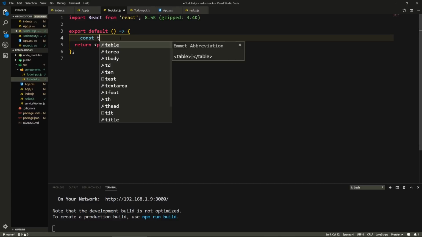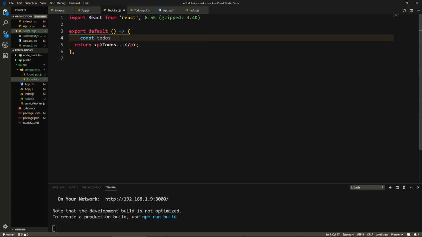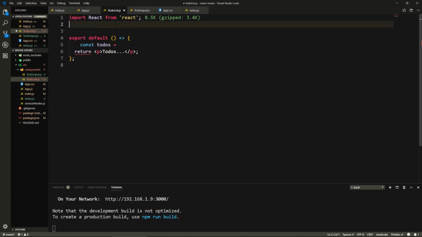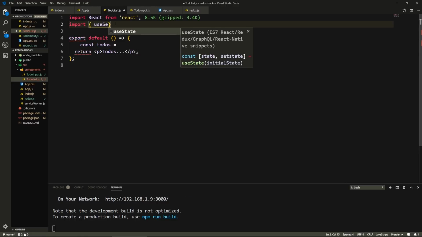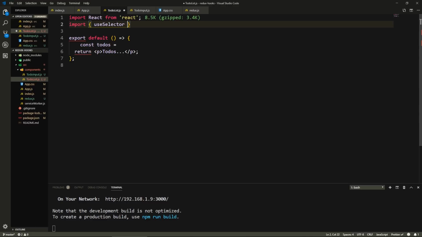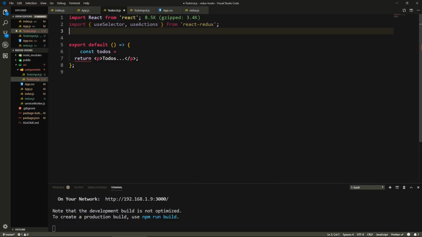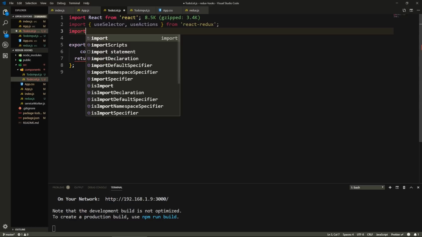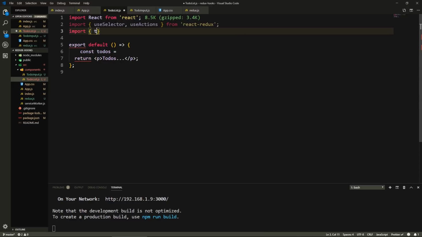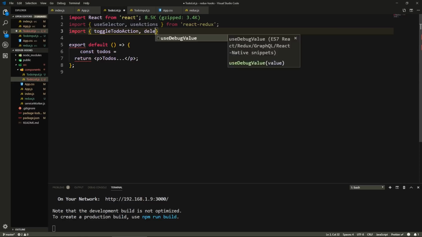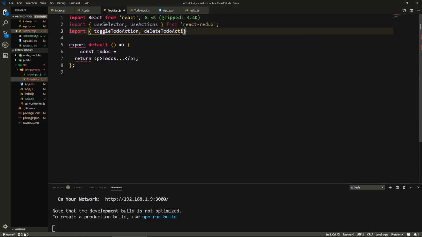So here we'll say const todos. We need to get all our to-dos from the state. We need to get the hook. So let's say import useSelector, and we're going to use actions here as well. So I'm going to import it now from react-redux, and here we need our actions as well. So import, we have the toggleTodo action, and the deleteTodo action from, go back one level